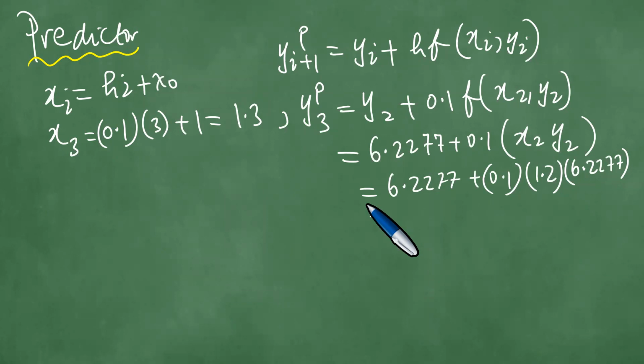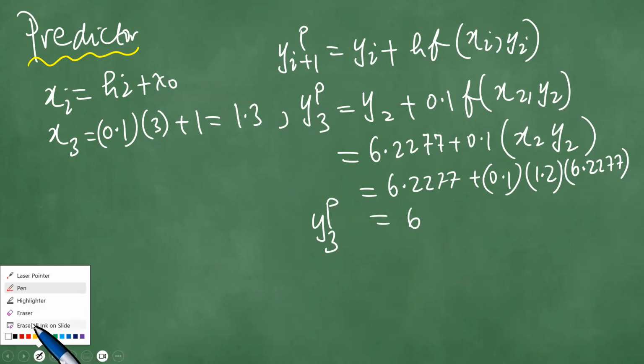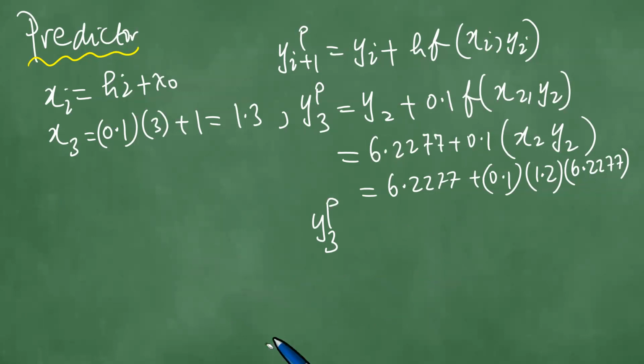Right, something I need to cross check here. Yes, that is the correct answer. That is exactly the correct answer. Just to see, because it means that y3 predictor is 6 point,